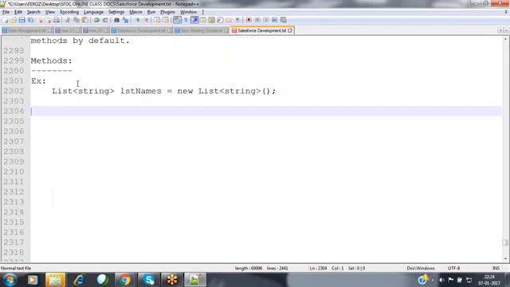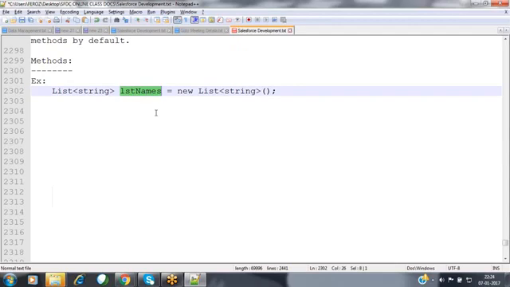Now, we have defined this list collection over here. Once you have defined this list collection, now the object will be created here, but there is no memory allocated. Why? Because there are no elements available here. Whenever you add one element, then the required amount of memory will be allocated. If you add one more element, then some more memory will be allocated. Nothing but like that, depending upon the number of elements that you keep on adding, automatically the memory will keep on extending by default here.